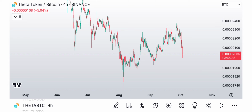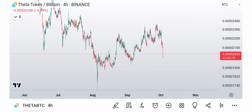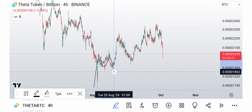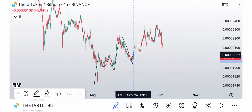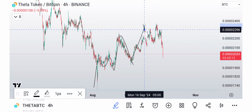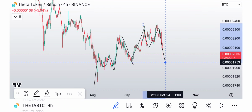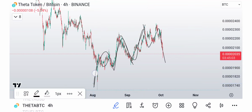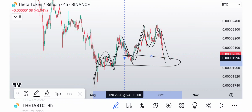Let me look at Theta. So when I look at Theta versus Bitcoin, it's definitely a little different. I'm liking it as a diagonal. It actually looks pretty interesting as a diagonal. So we have 1, 2, 3, 4, and looks like 5. And then you have A, B, C. So typically a diagonal, right? It's overlapping 1, 2, 3, 4, 5, and then you want a 3-wave pullback, which we got. And it typically comes back down to these areas,